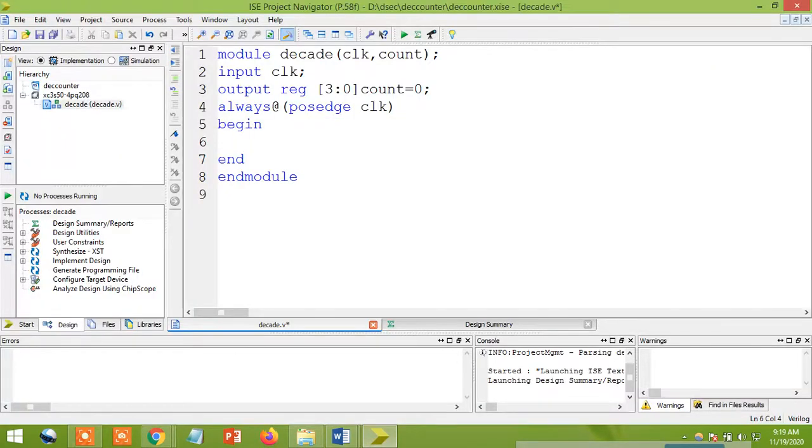Just write the statement. So if, I'm going to use a variable here, it is count. It is less than 9. You can give 9 directly. If count value is less than 9, then what do I need to do?